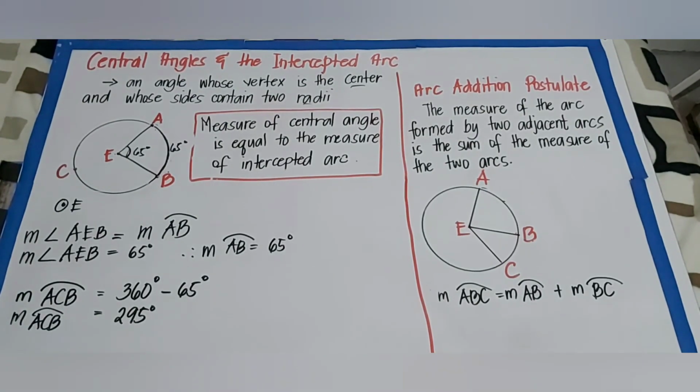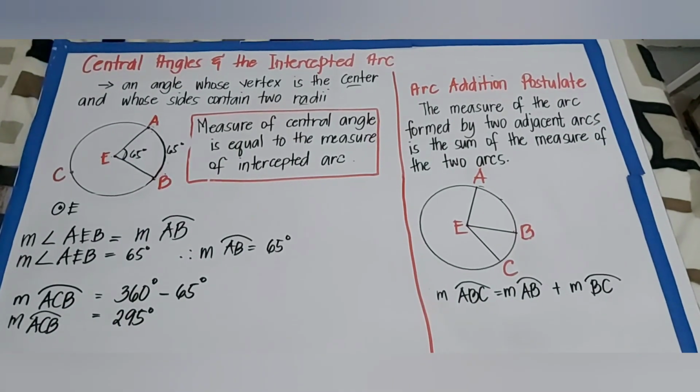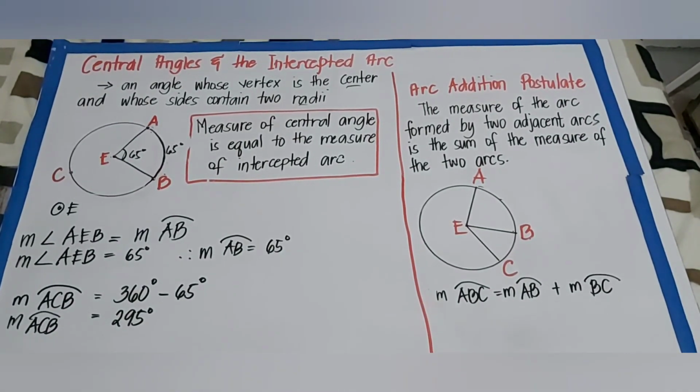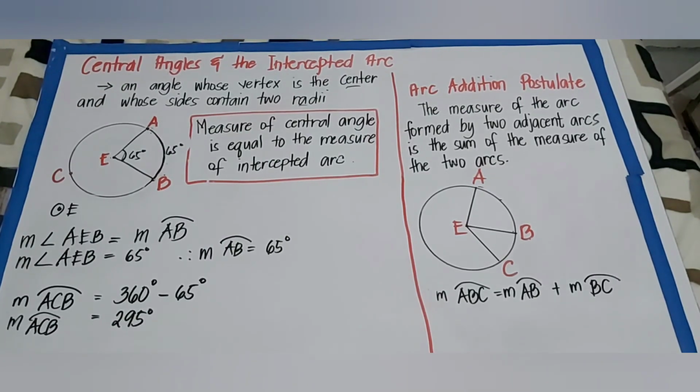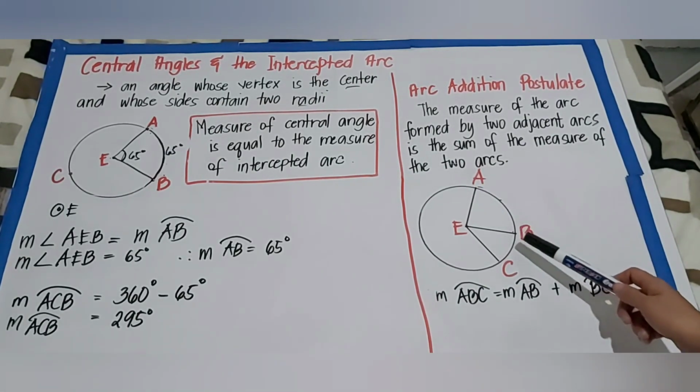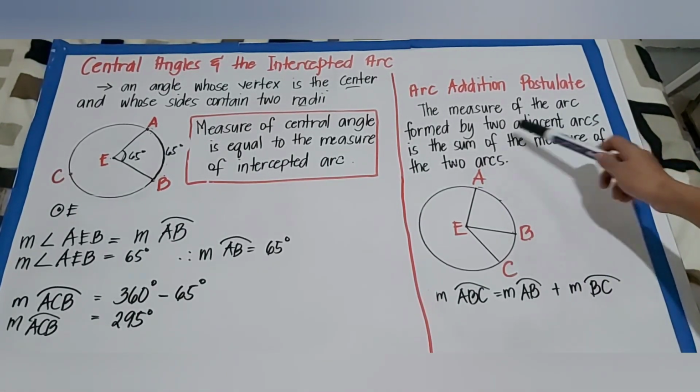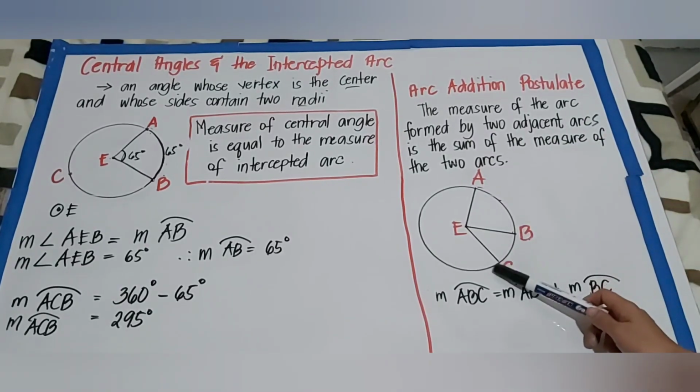Okay, now let's have another postulate. This is called the Arc Addition Postulate. It says here that the measure of the arc formed by two adjacent arcs is the sum of the measures of the two arcs. So, simple lang yan. Pag may dalawang arc daw na magkatabi, kasi adjacent, ang measurement daw ng kabuuan nito ay